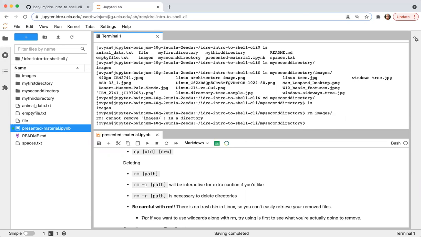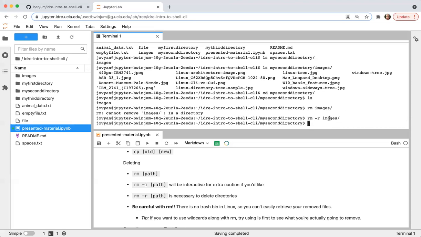It's going to tell me that it doesn't want to do this again. So it's something similar to the copy. It might be that I've specified the directory name, but don't really want to delete everything inside of the directory. So I have to explicitly tell it to recursively remove everything that's this directory name and anything recursively inside of it. The -r then is useful for deleting directories. But again, just like with the move, you do have to be careful because there's no trash bin in Linux for you to retrieve deleted things from.